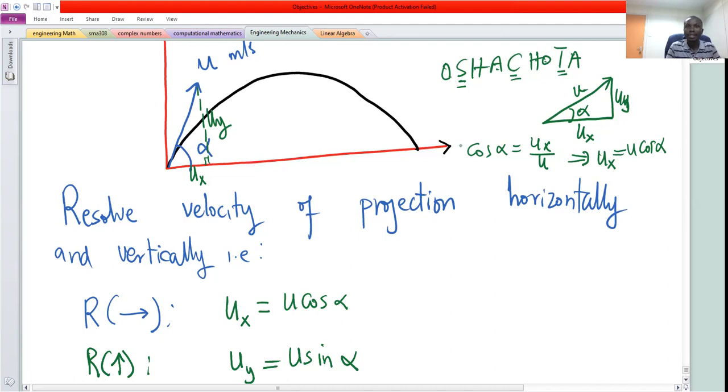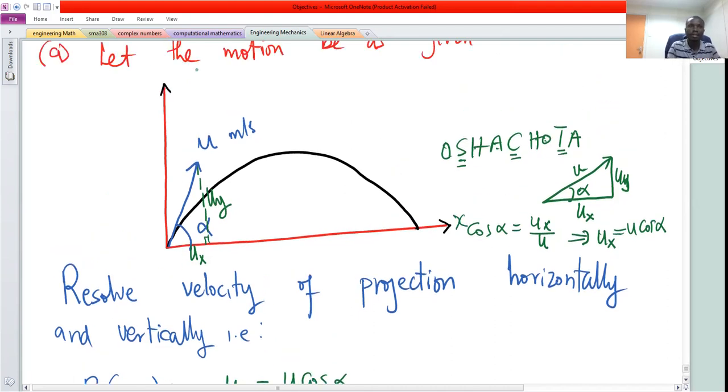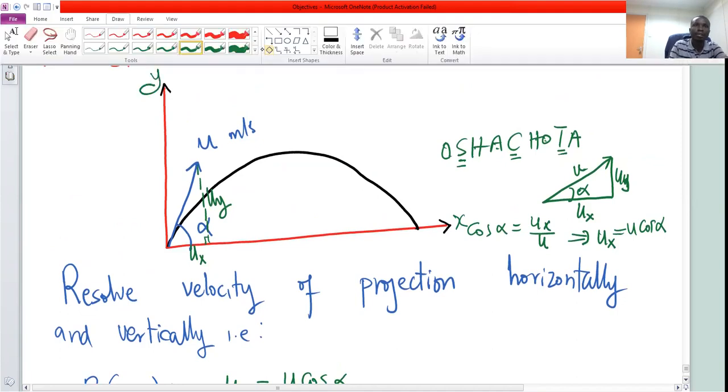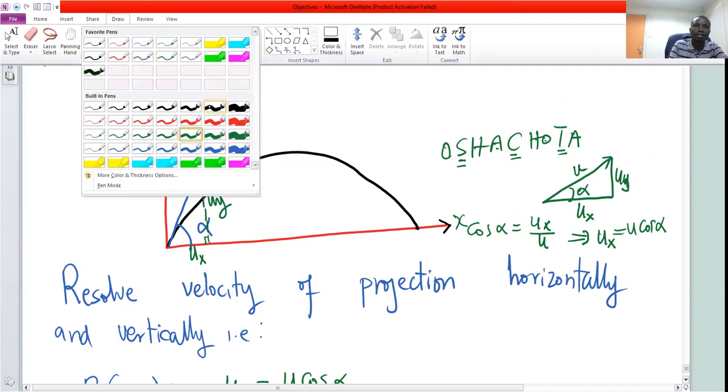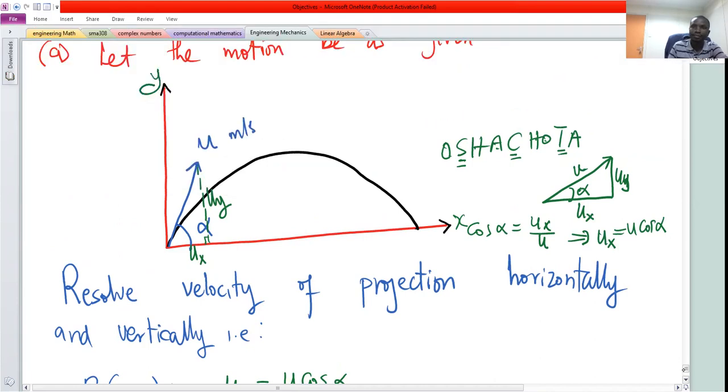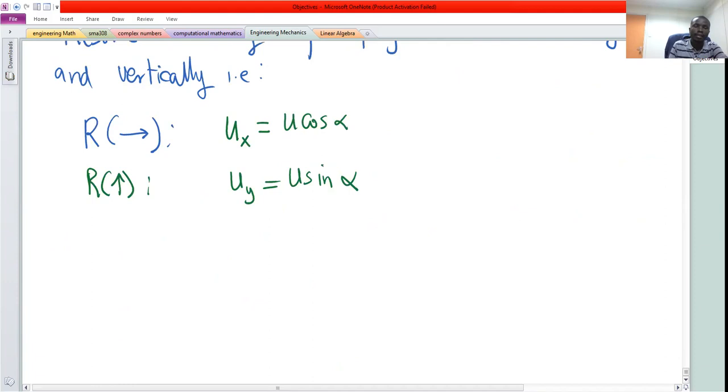Now, remember this is the x-axis, this is the y-axis, the vertical axis. So if we concentrate on the x-axis, along the horizontal axis,